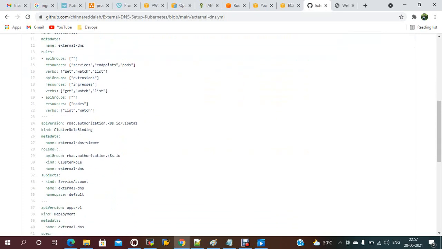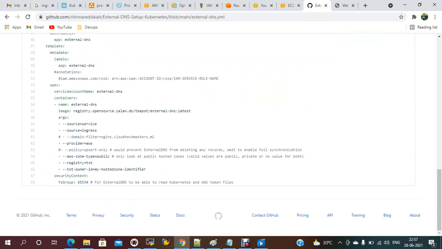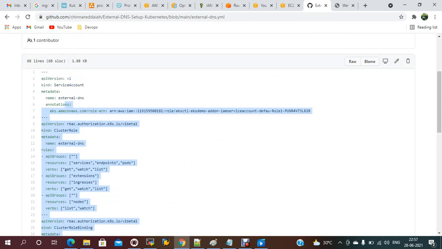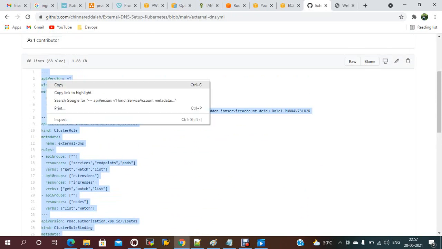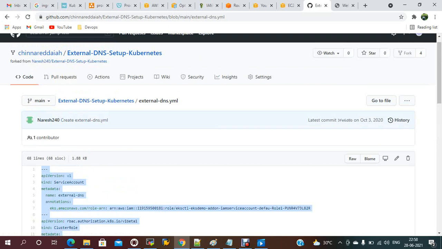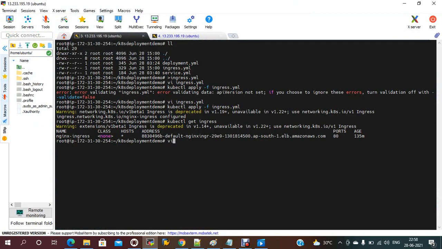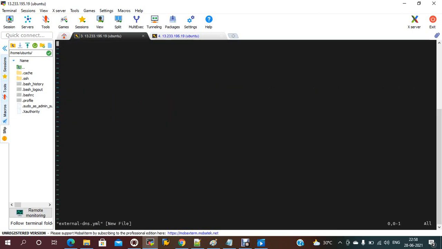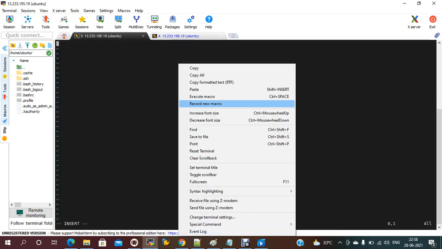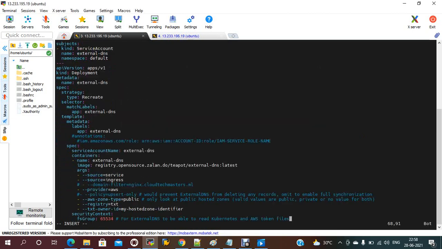So I'm just copying this one. For this one, automatically it should be created. Just keep the external DNS name. vi external-dns.yml. So the deployment, everything should be the same.